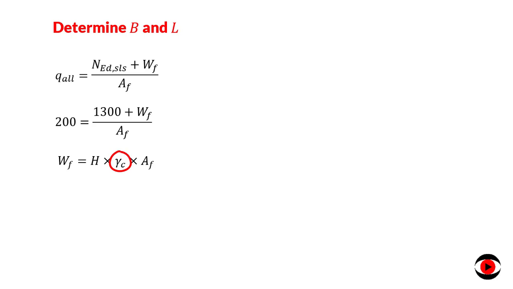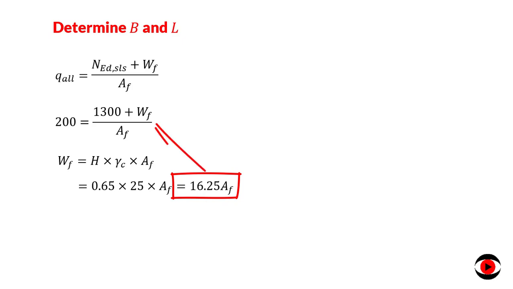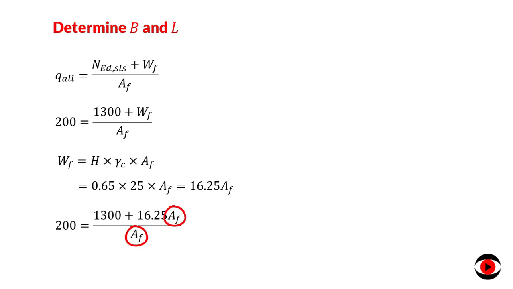Gamma c is the unit weight of concrete, which we will take as 25 kilonewton per meters cube, and AF is the area of pad. When we substitute these values into the equation, we get 16.25 AF. We then substitute this value here, and we are left with AF as the only unknown. When we solve for AF, we get AF equals to